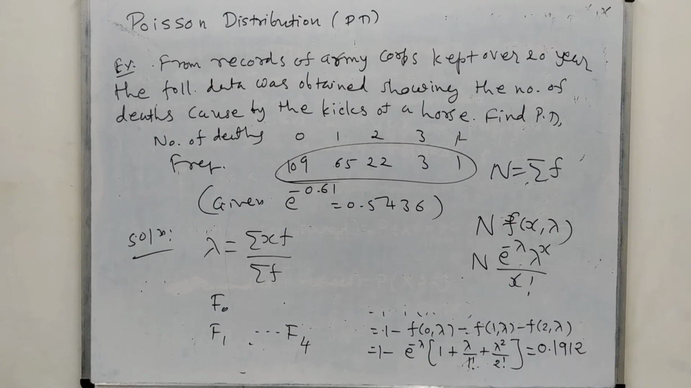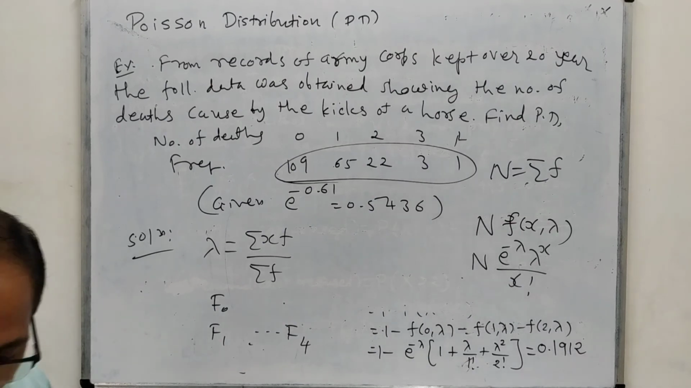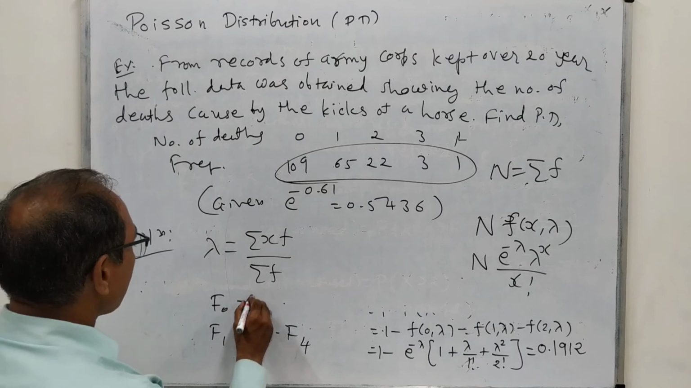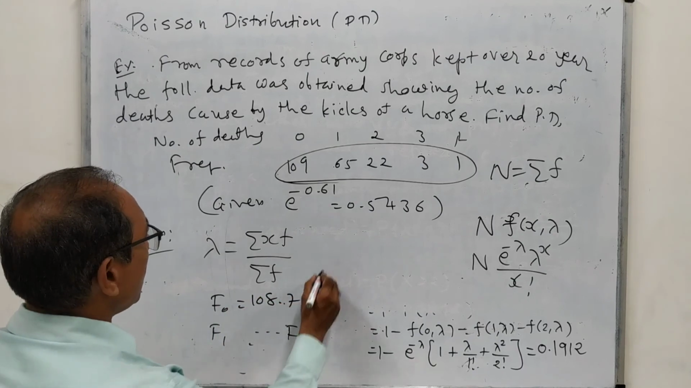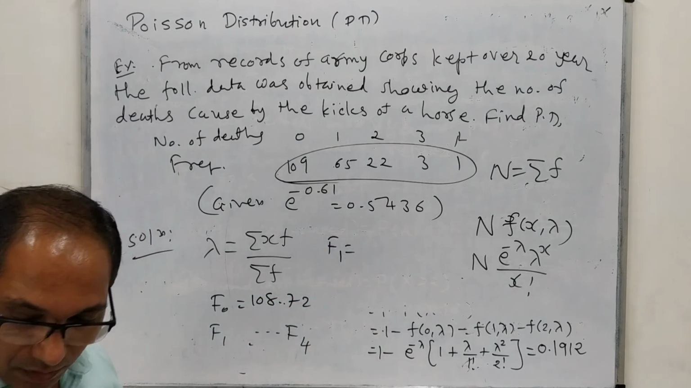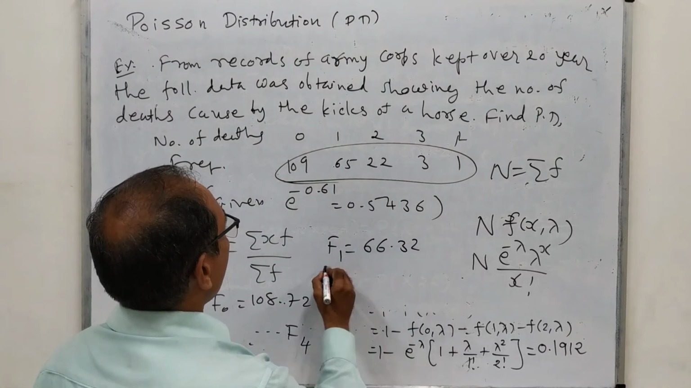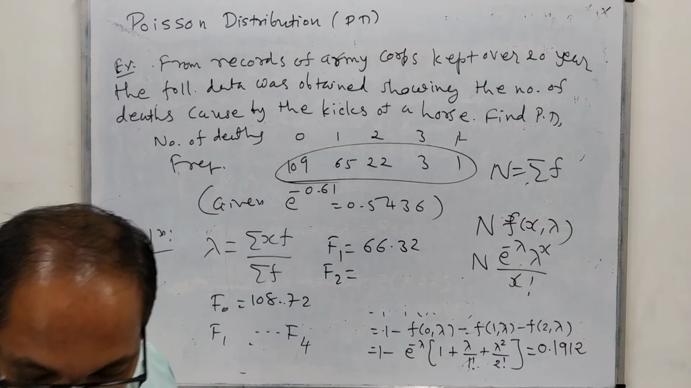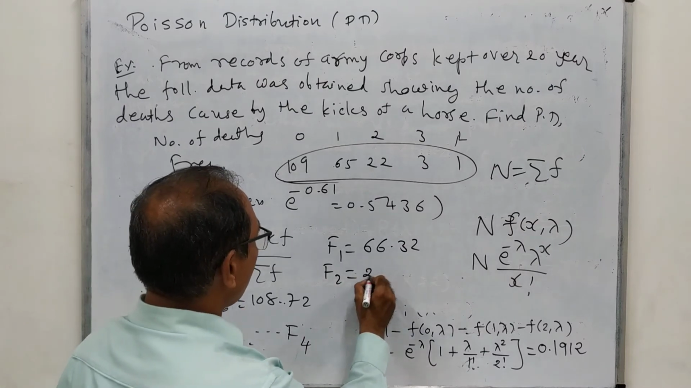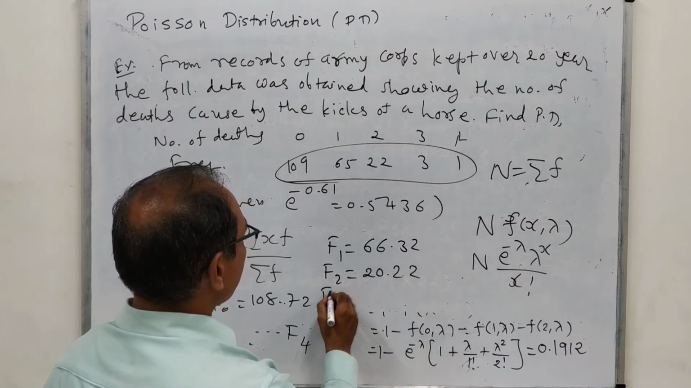Okay. And the values are: f0 has the value 108.72, f1 has the value 66.32, f2 has the value 20.22, f3 has the value